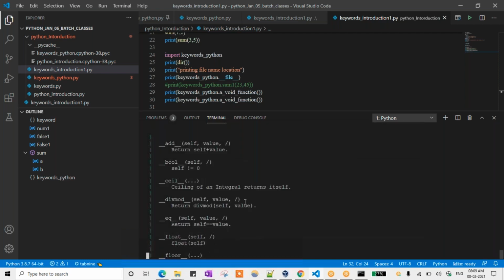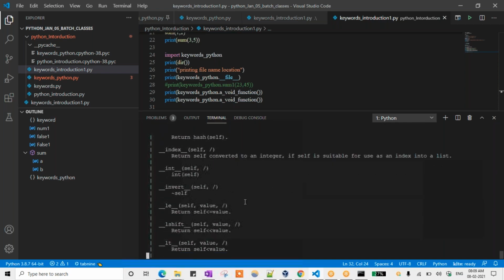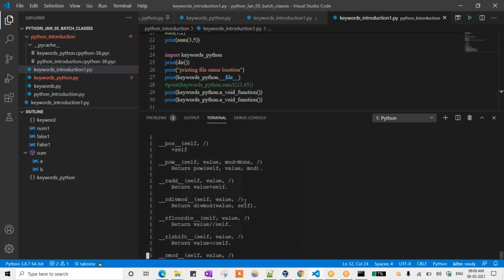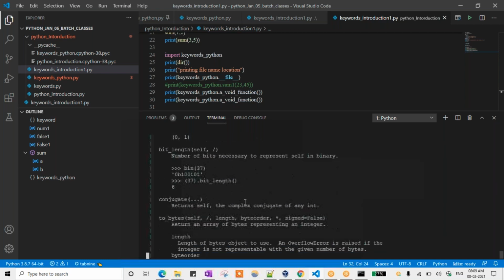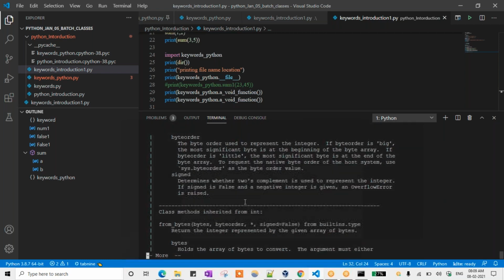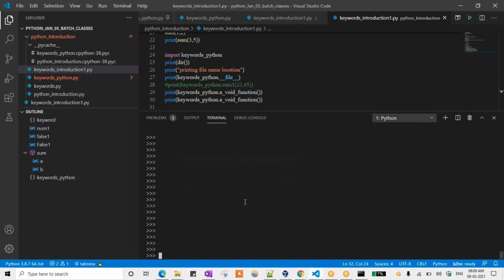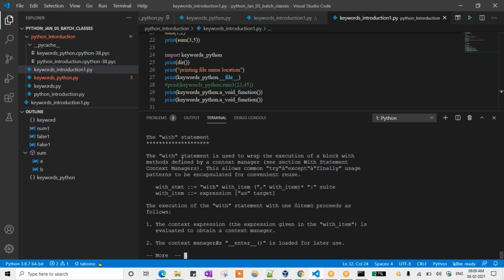See here. So what are the functions there, and all we can use, that keyword and all. So in the same way, suppose I need to use once again, you need to press enter until that particular function ends. Okay. So now it is entered, right? So I need to find what is the help of the as keyword we can use. Okay. So help of as. So it is showing that.